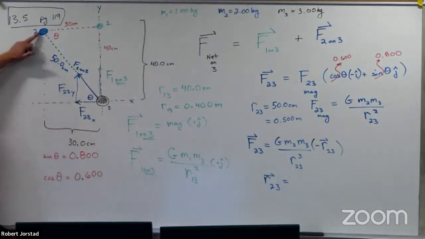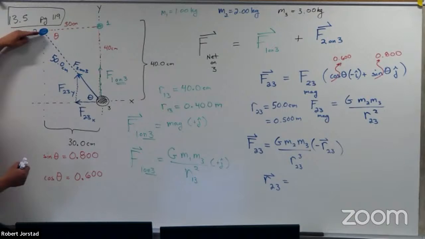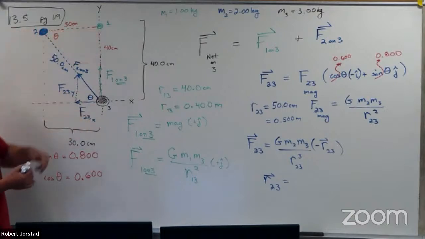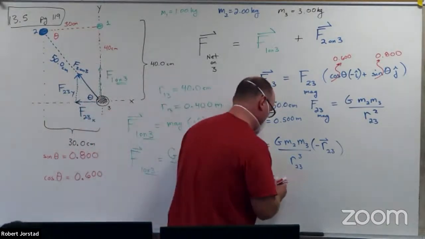We're going from 2 to 3. Somebody tell me how much you have to move in the i hat and j hat. Give me R 2 to 3 in Cartesian form. How much in the i hat? 30. Positive or negative? Right, I'm going positive in the i hat, and how much in the j hat? So that is going to be